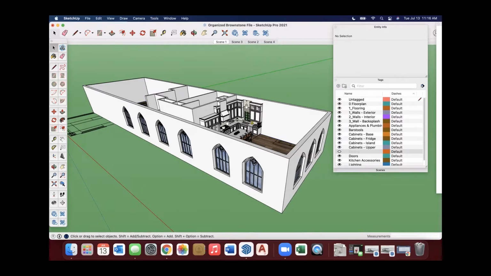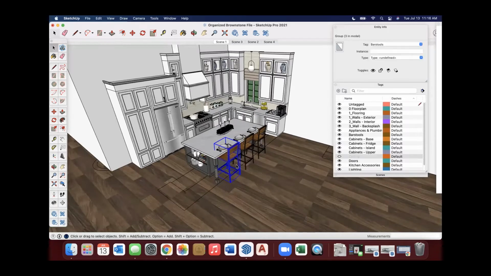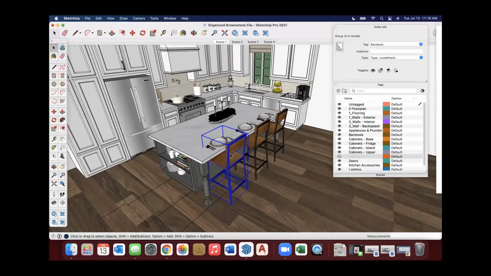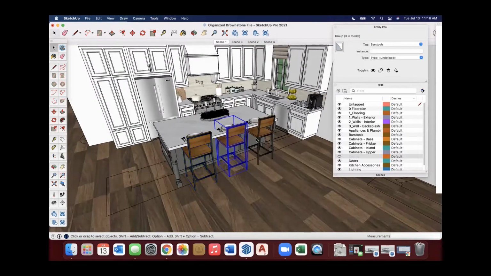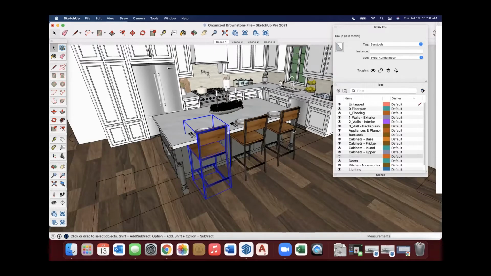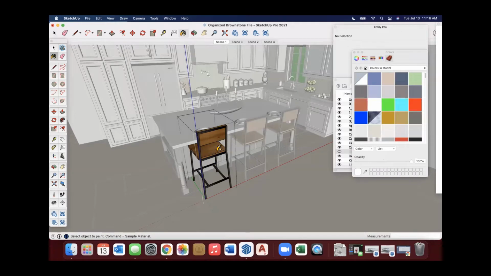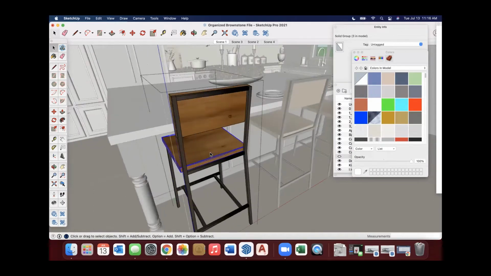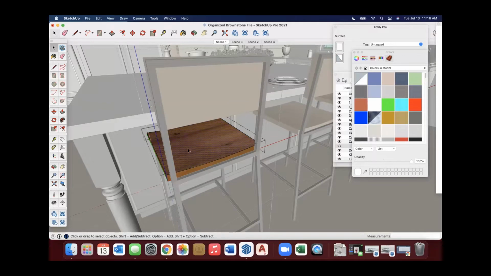But what's the best thing about a component is that a lot of times we deal with furniture, accessories, lighting, where we want to have multiple instances of it. So for example, this bar stool, we can see that we have 3 of them in this. Say I want to change the color of the seat of the stool, but I want all 3 to change and not just the one. Because this is a component, if I go into edit mode and open the paint bucket, and make sure that I'm in edit mode for this top of the seat, I can come over here to my palette,